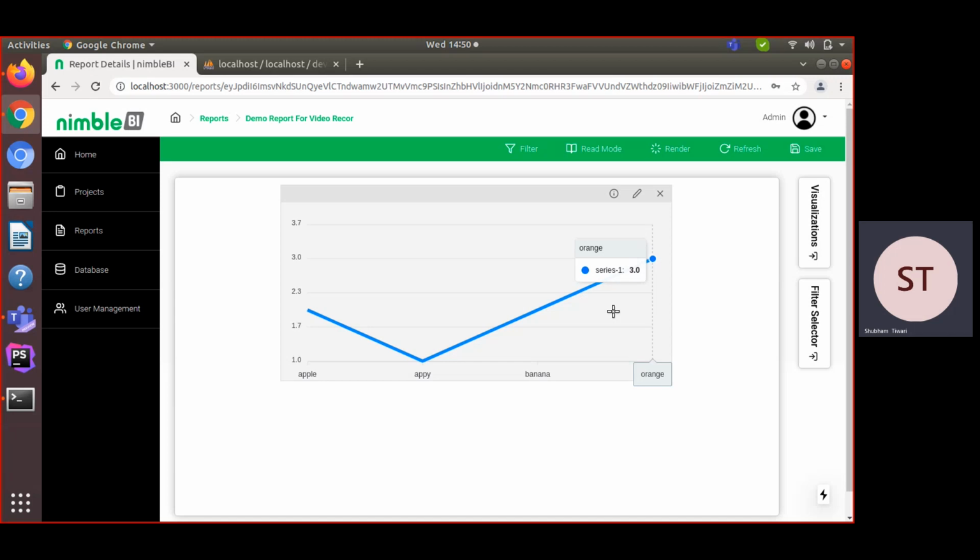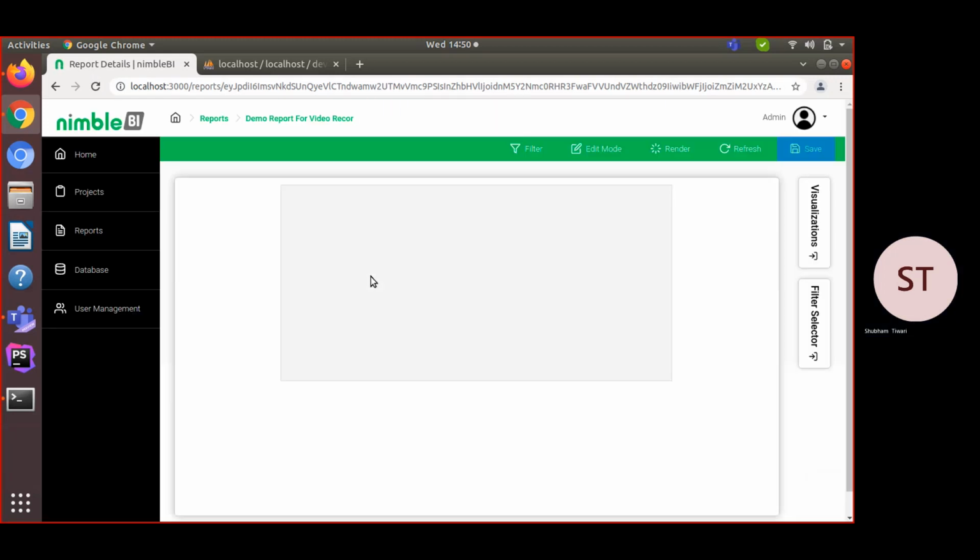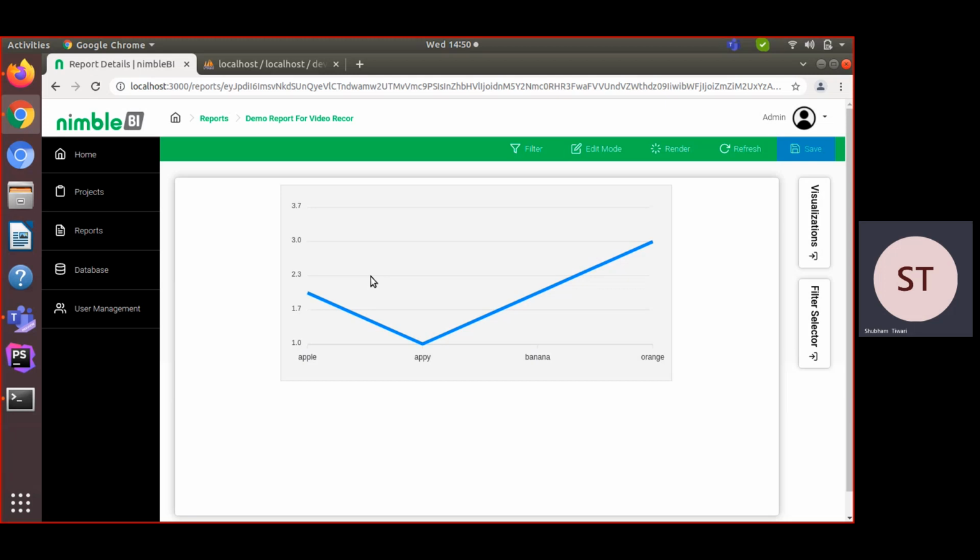Right now, because we are focusing on visualization, I'm not going to discuss this feature of the Nimble BI application. We successfully completed our first visualization creation, so I'm saving it. Now if we reload it, you can see it is also showing.